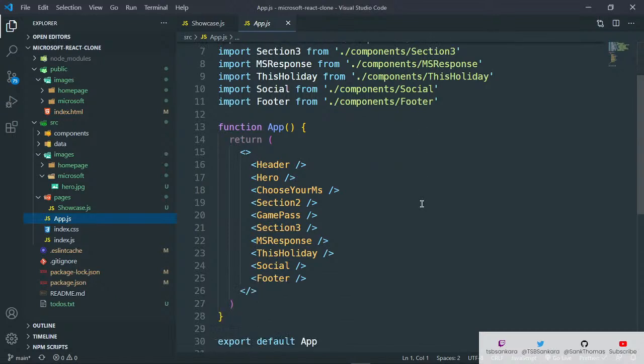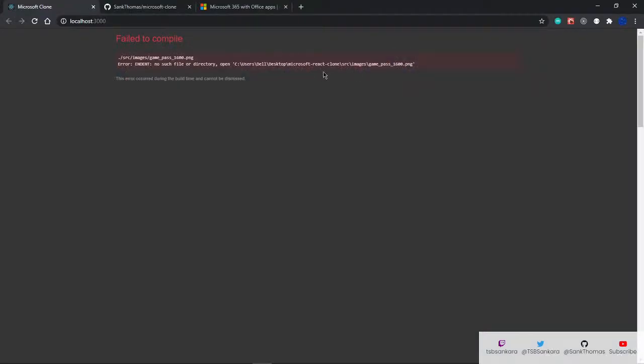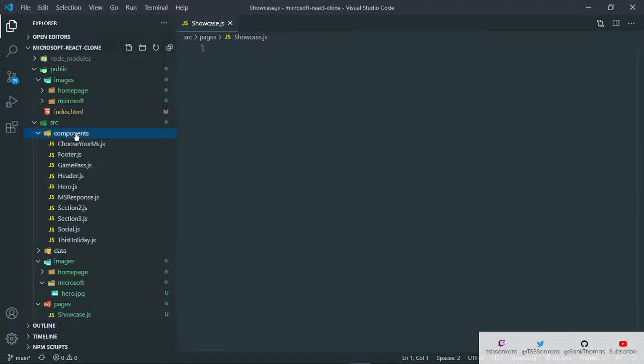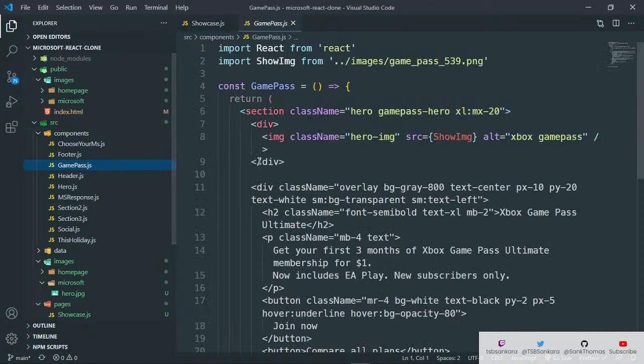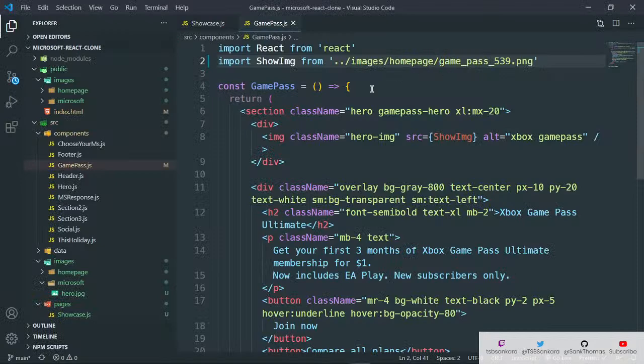Is it in my app.js? Not in my app.js. This says Game Pass. So in my components folder, I have a Game Pass. So this should be coming from home page like that, and it should reload and it should throw me the next error, which should be coming from